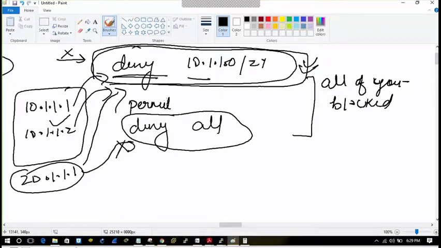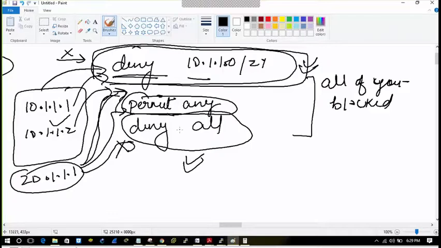So for the precautionary measure, I will write the permit any statement. With the permit any statement, for example, they are not matching the first line, but the second statement is this. So they will match this and get permitted before the implicit deny, because they are matched top to bottom. They haven't reached the implicit deny. Do you get it? Yeah, I got it.